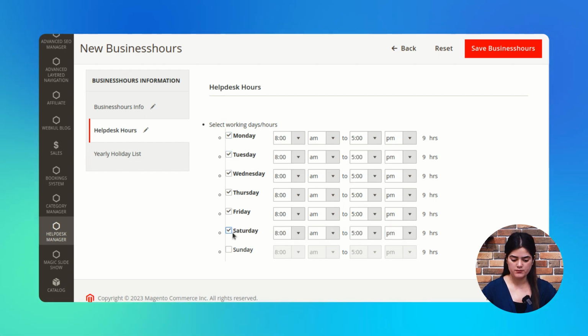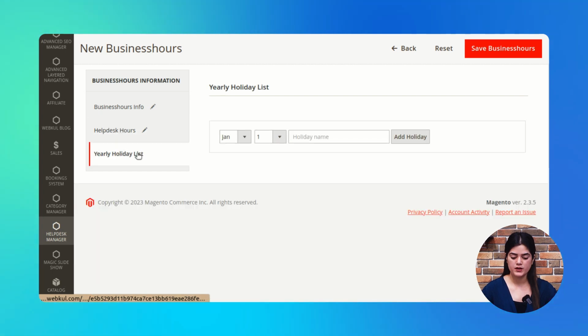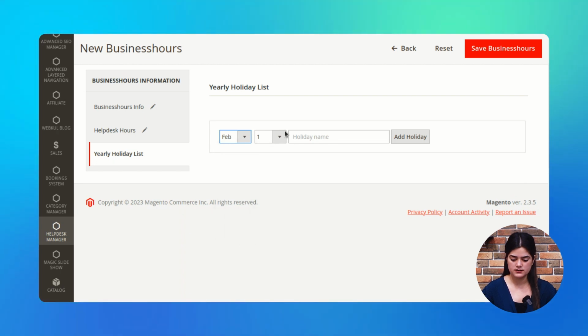Next, from here you can also set the holiday list. You just need to tap over the add holiday.